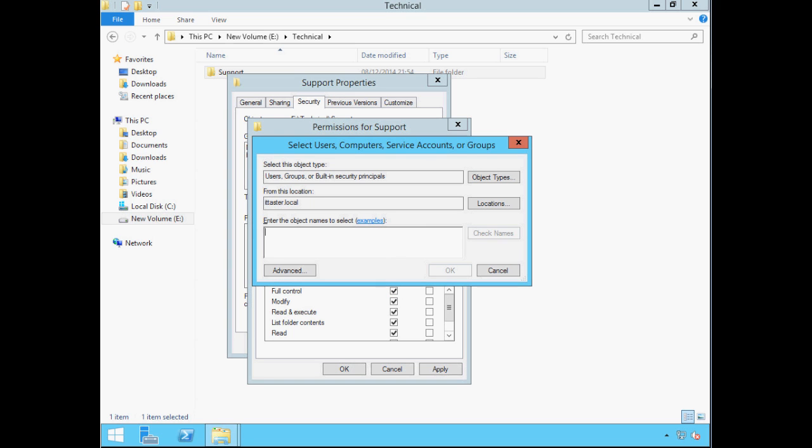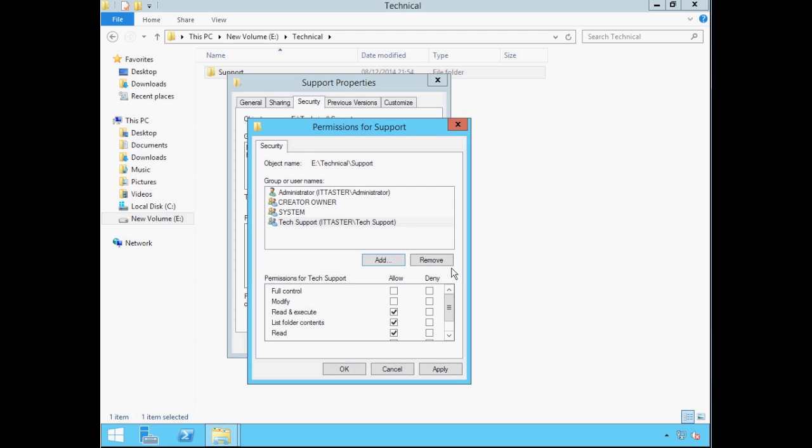I'm also going to add the tech support group. And we'll leave them with read and execute permissions.